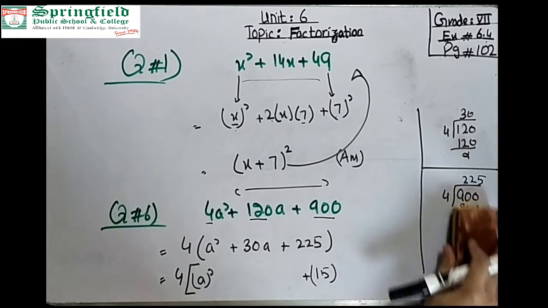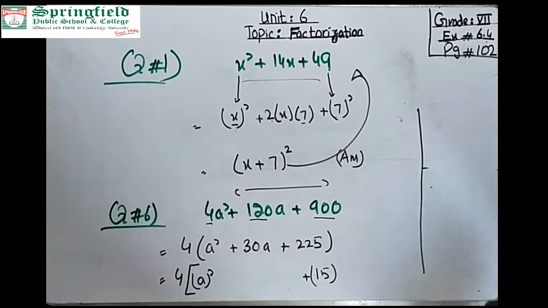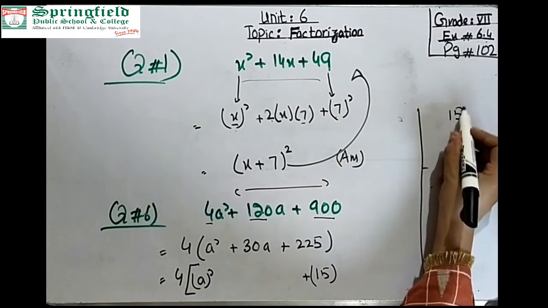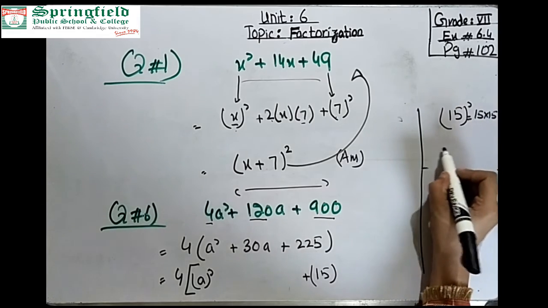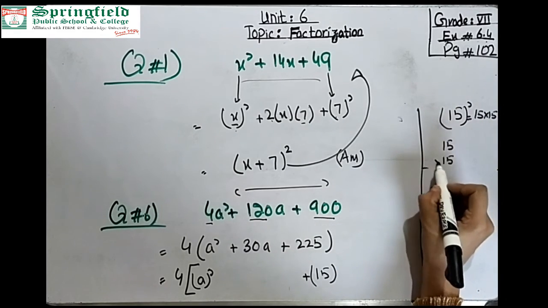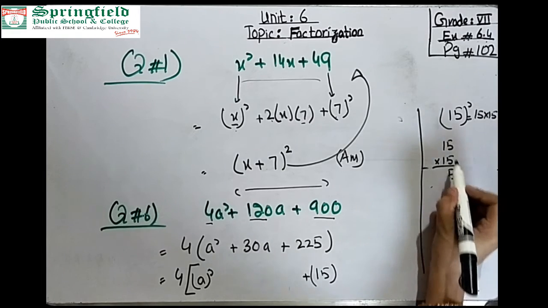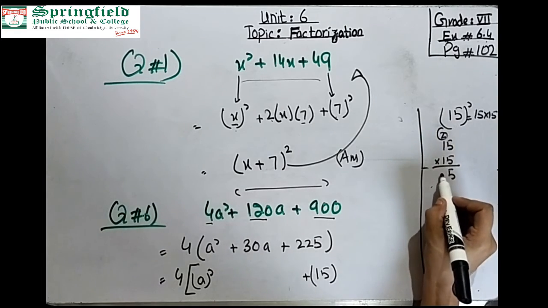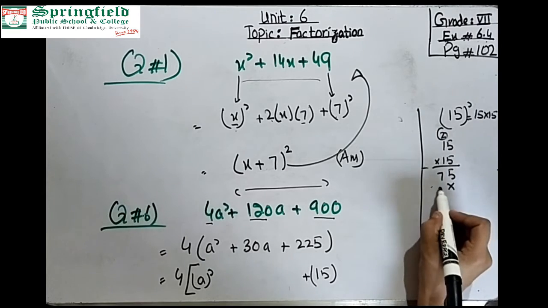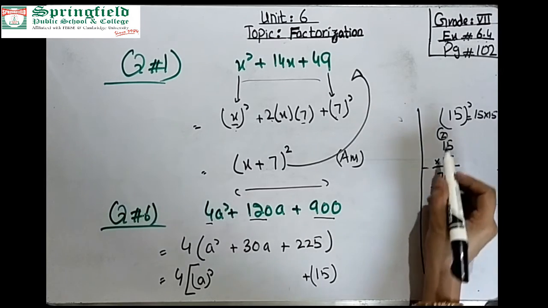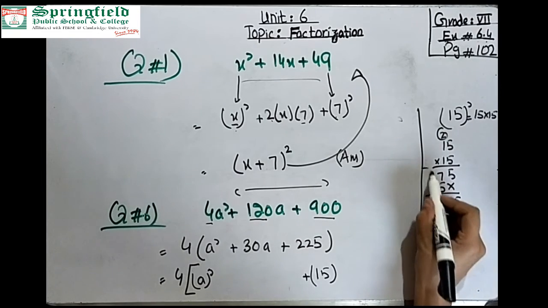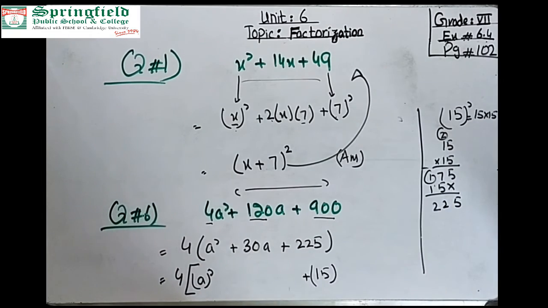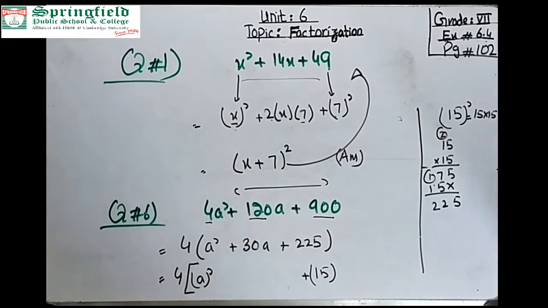15 multiply 15, you can check here. 15 square is equal to 15 multiply with 15. So 15 multiply 15. 5 5s are 25. 5 1s are 5 and 2 is 7. Multiply 1 by 5, 5. 1 multiply 1, 1. So 5, 7, plus 5, 12, and 1 plus 1, 2: 225. It means 225 is the square of 15.